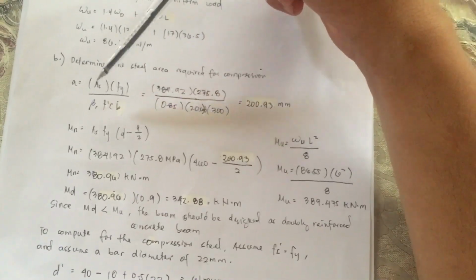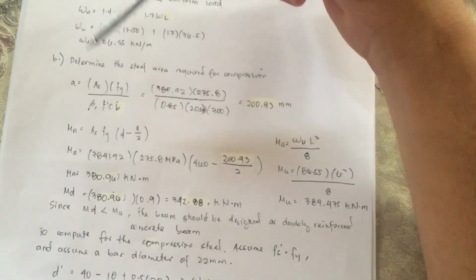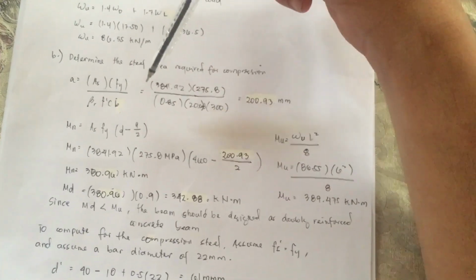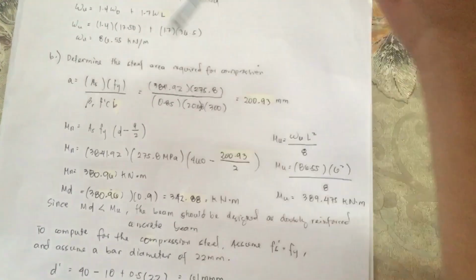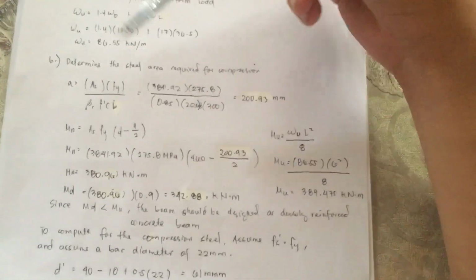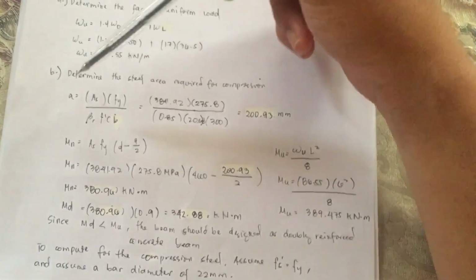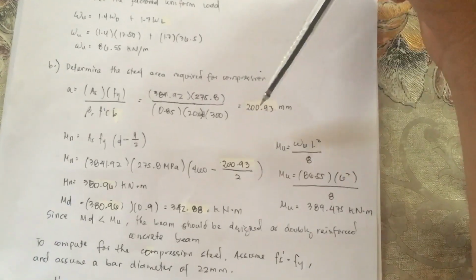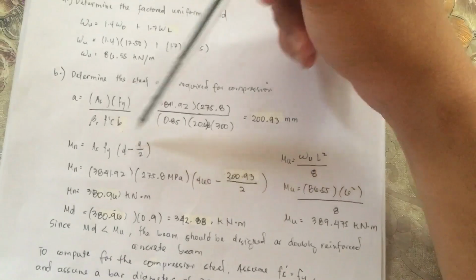So we have the formula: a is equal to the steel area we got for tension times fy over 0.85 times beta 1 times f'c times the width of the concrete beam. By substituting all the given values, we get the depth of this rectangular stress block equal to 200.93 mm. So by this formula,